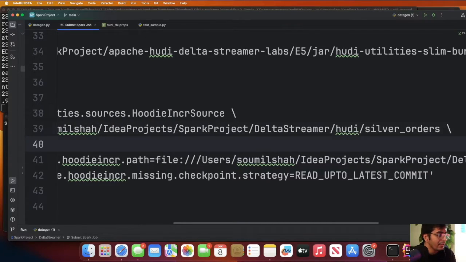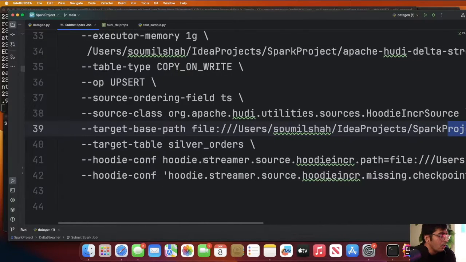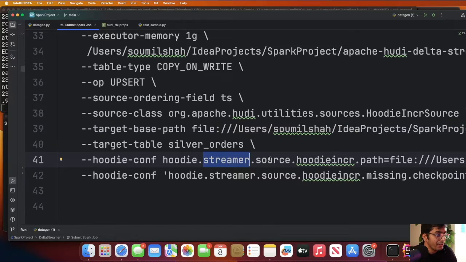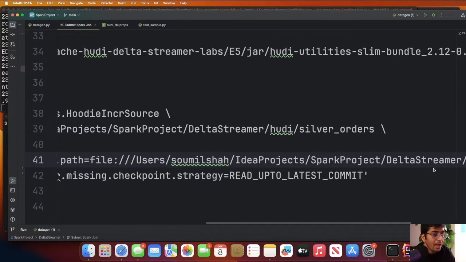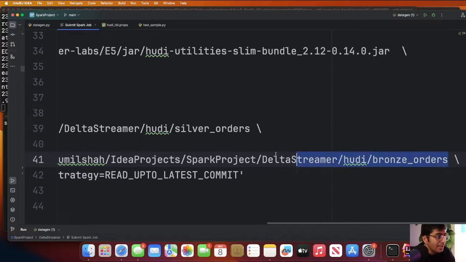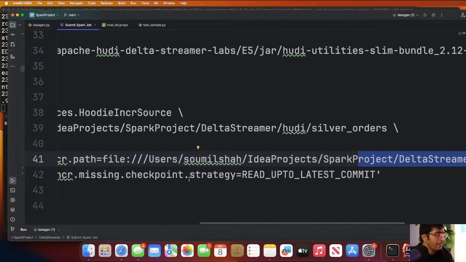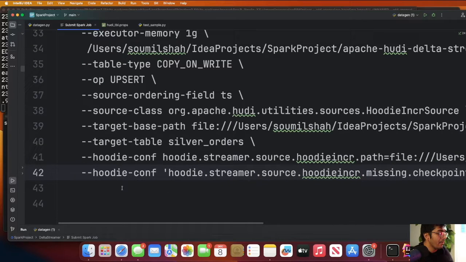Again, as you can see, this is going to build my silver zone. Now we have two settings that we need to configure. That is hoodie.streamer.source.hoodie.incr.path, that is the Hudi incremental path. So give the path from where you want to read the data. As you can see over here, I'm reading the data from bronze_order. And then read up to the latest commit. So basically we're saying, hey, DeltaStreamer, read the data in an incremental fashion from the bronze